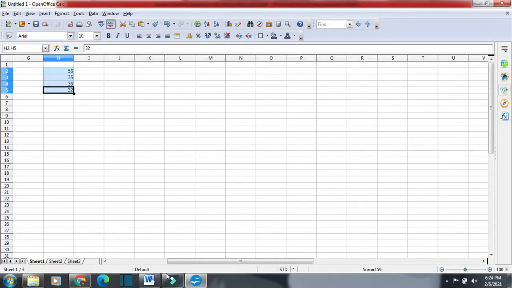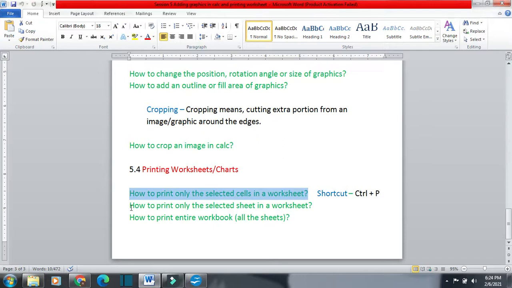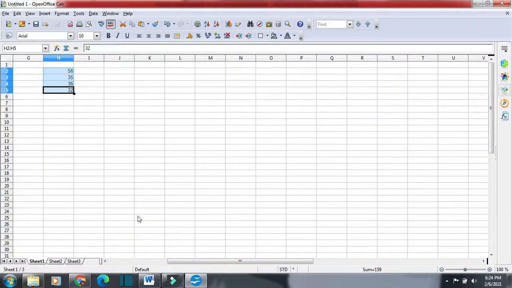Now the next option is how to print only the selected sheet in a worksheet. You know very well that a workbook contains multiple worksheets. If you want to print a single worksheet, then you can just select the worksheet. Suppose I want to print sheet number 1 or sheet number 2 or sheet number 3. Suppose I want to print sheet number 2.